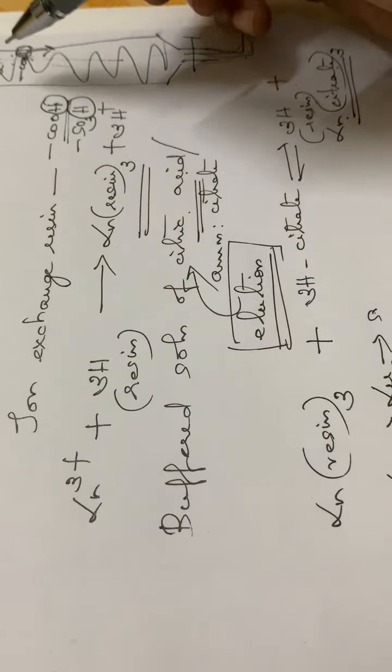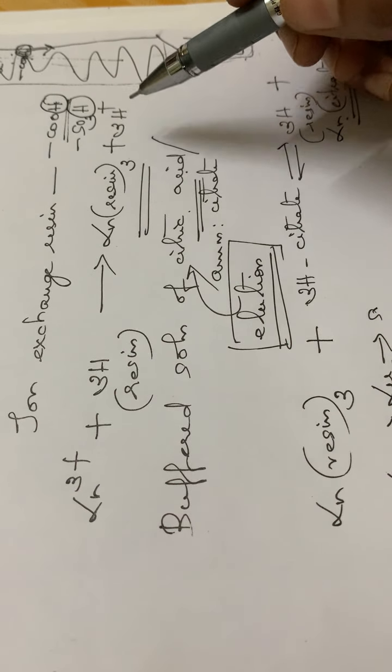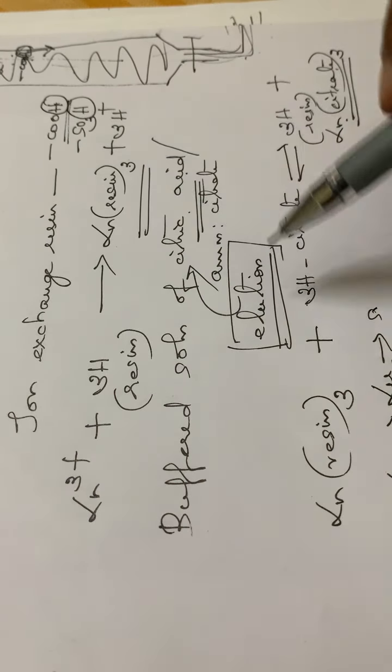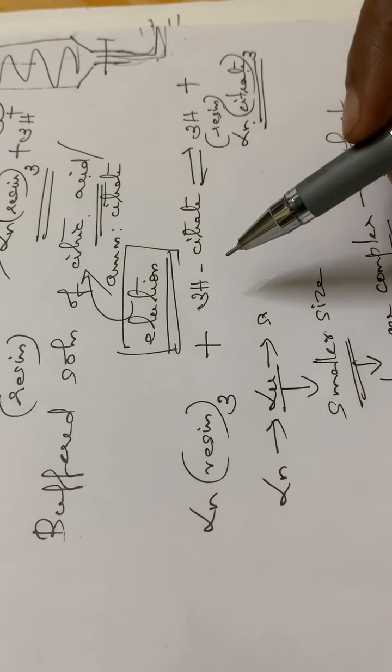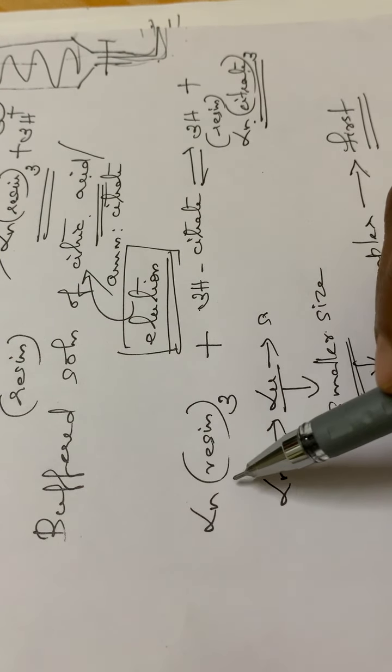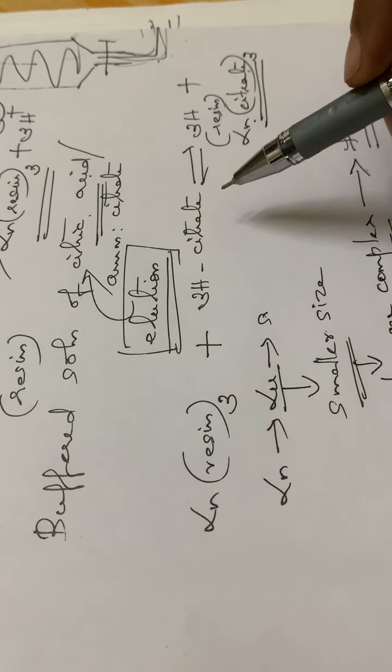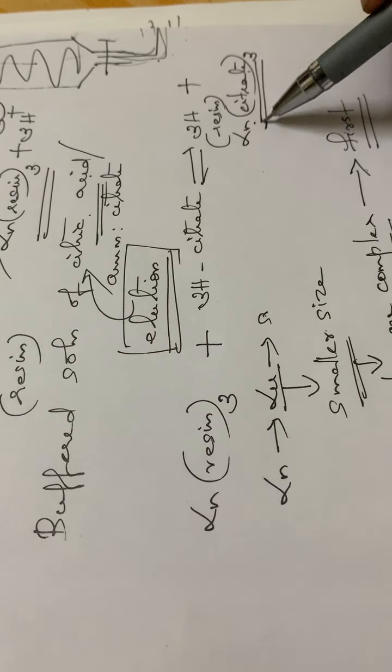Then the lanthanide solution is passed over the resin, so it will be forming a complex. Then we are adding a buffered solution of citric acid or ammonium citrate as an eluting agent. So then this lanthanum on the resin will be combining with the citrate to form a complex, that is the lanthanum